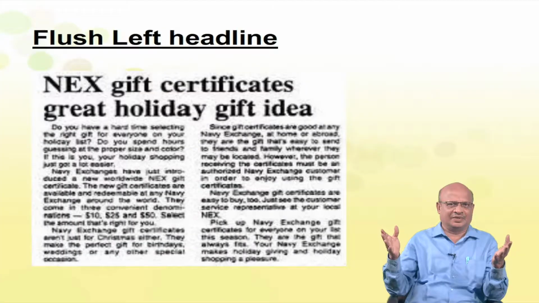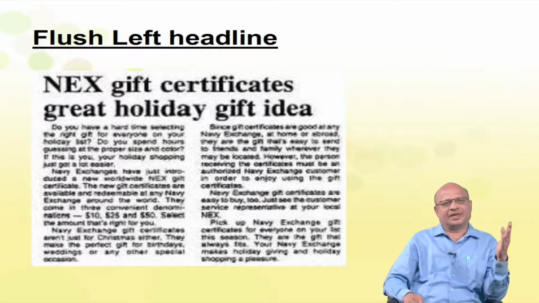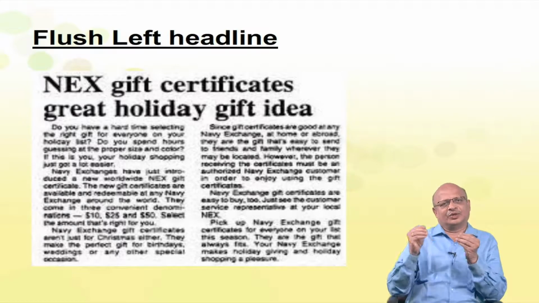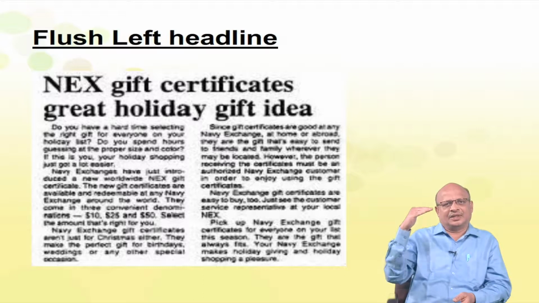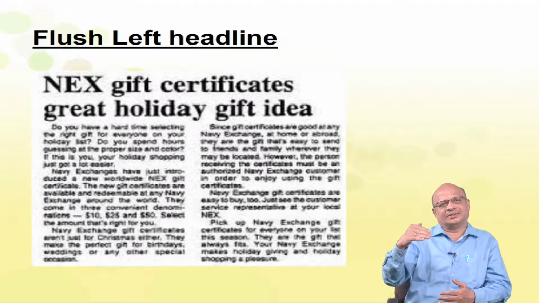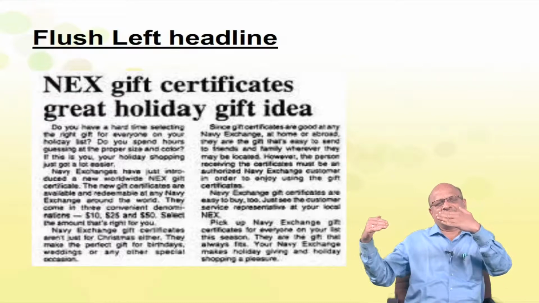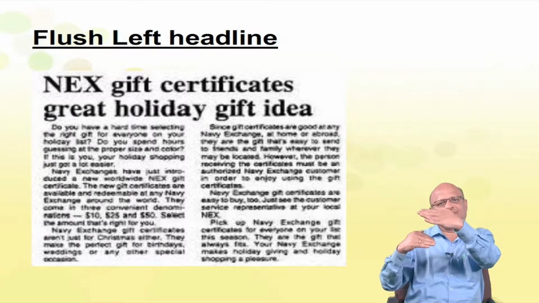There should be white space in a good newspaper because that gives relief to the reader's eyes. And also, too much white space should not be left. This flush left headline allows for ideal utilization of white space. This is used for almost all news items in a newspaper. But care should be taken while using this type to ensure that the second line of the headline does not exceed the first in length. The second line should not be longer than the first line.